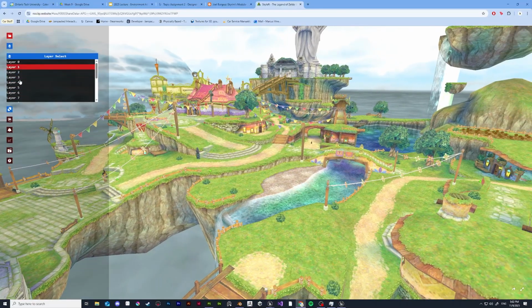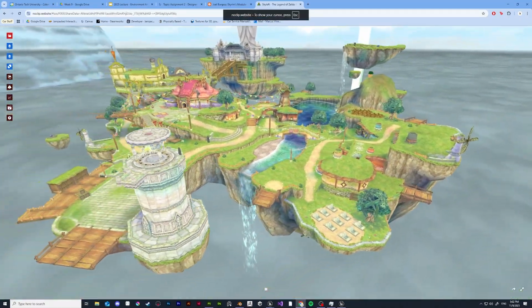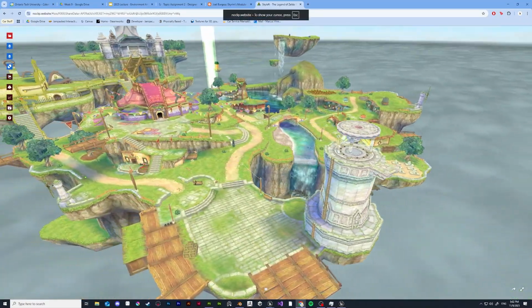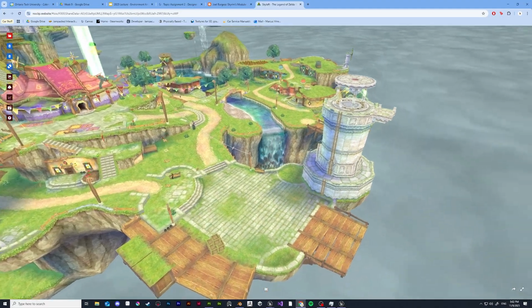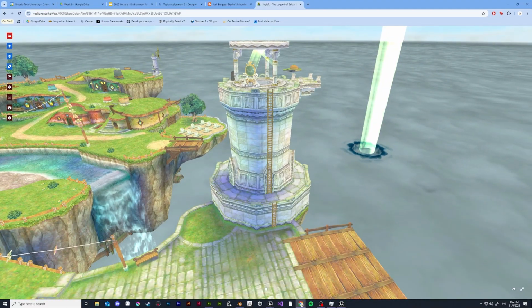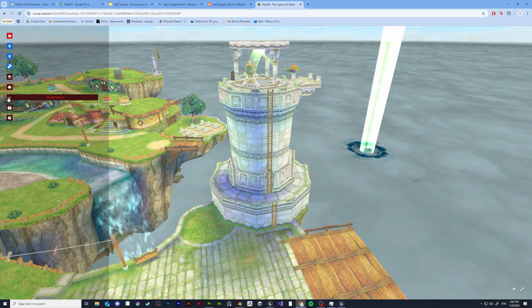How they actually got around that is they decided, hey, we have this extra data available to us in the models themselves in the form of vertex colors. So what if we use vertex colors to actually power our shadows? So you notice we do have shadowing on buildings like this, but if I go ahead and start removing, let's see,